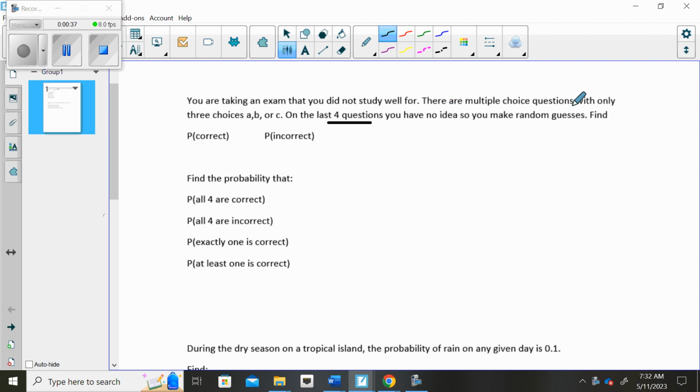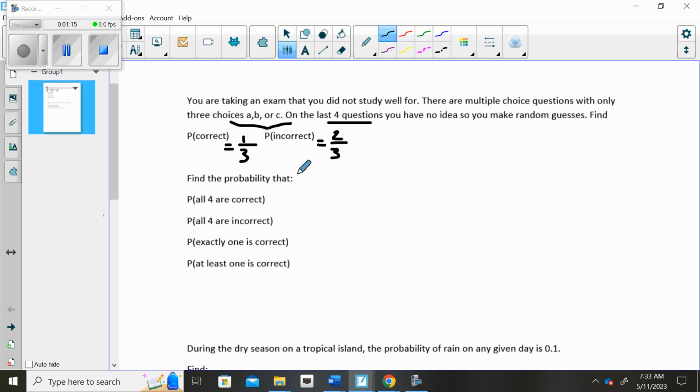So first of all, most multiple choice questions have A, B, C, D choices. So just to change things up a little, we did several of these on the packet, right, where we had multiple choice questions and they had A, B, C choices. So the probability of correct was 1/4. Okay. Well, just to change things up a little, I made only 3 choices on this multiple choice test. So you're picking from A, B, or C. Okay, so your chance of getting a correct would be 1/3, whereas the probability of getting one incorrect would be